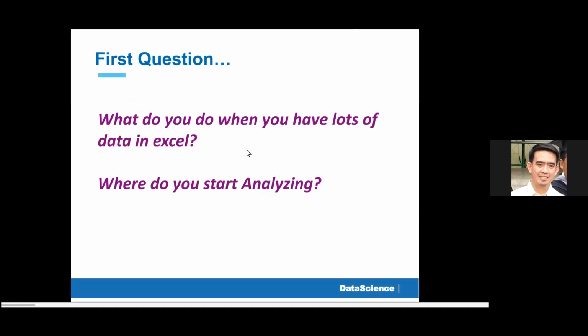So we have here the first question. What do you do when you have lots of data in Microsoft Excel? So, ano nga ba gagawin natin? So, mahirap mag-analyze. If you have 10, 20, 30 rows of data, it would be okay. But how about if you have 9,000 or 50,000 or 200,000 lines of data? That's a lot of data already and you could not make sense out of it by just looking